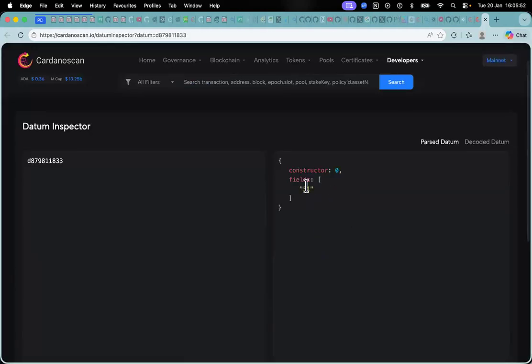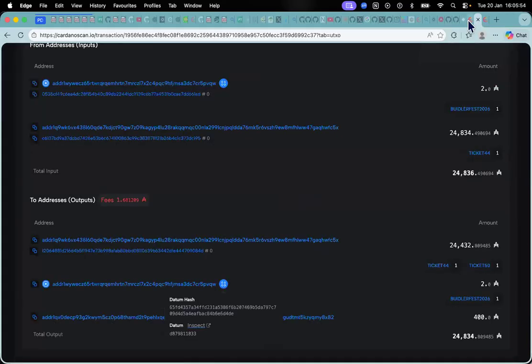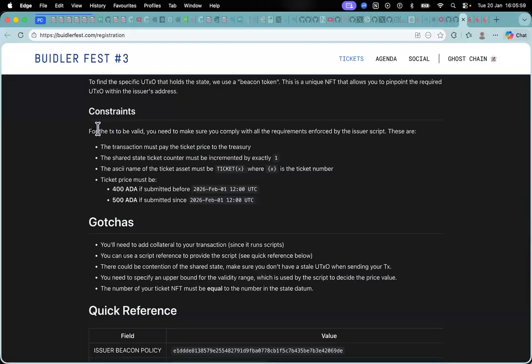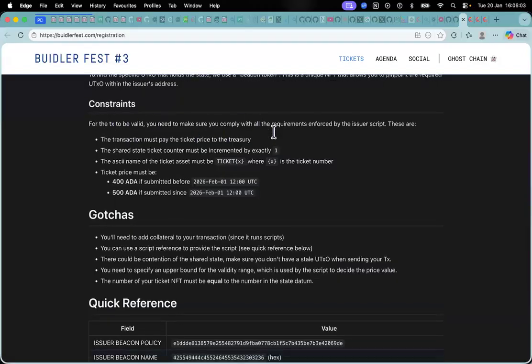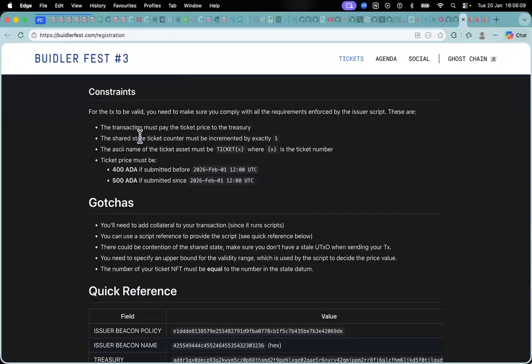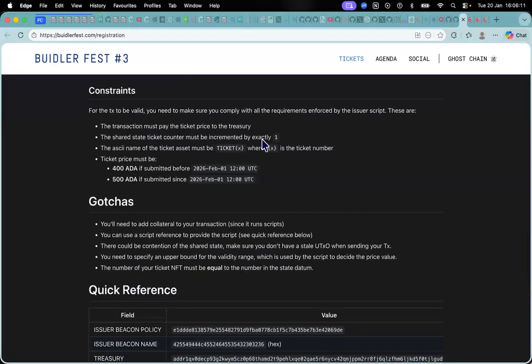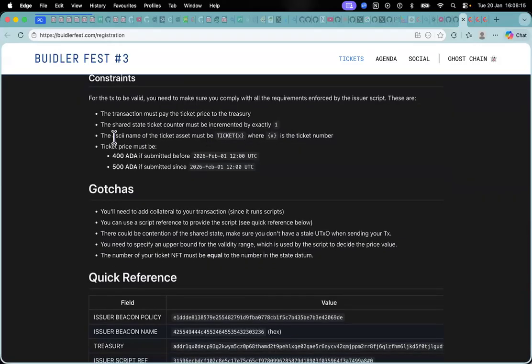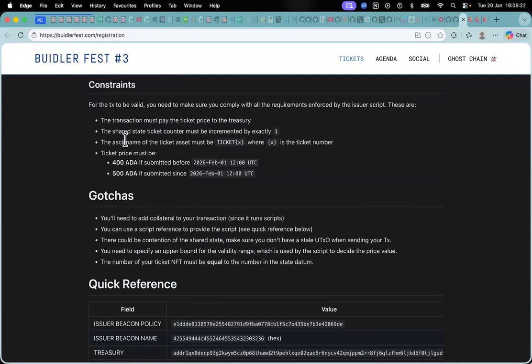All right. So for the transaction to be valid, you need to make sure you comply with all requirements enforced by the issuer script. The transaction must pay the ticket price to the treasury. The shared state ticket counter must be incremented by exactly one. The asset name of the ticket must be ticket X, where X is the ticket number.